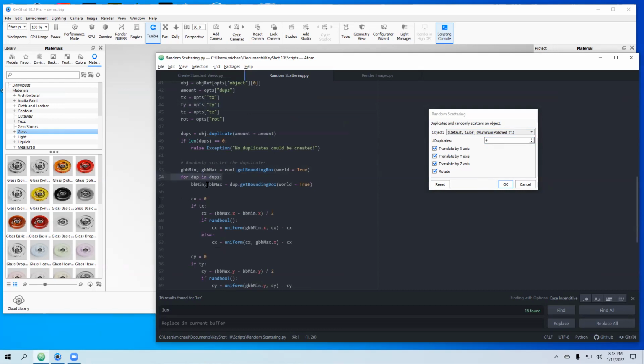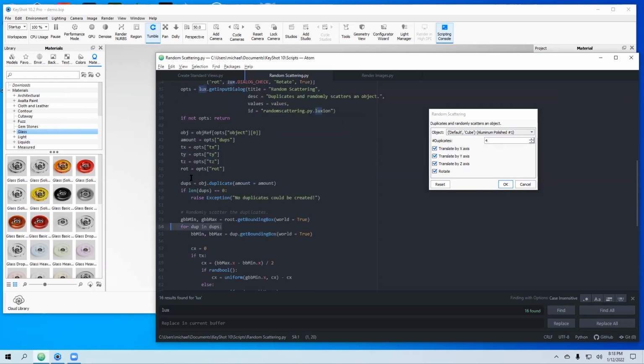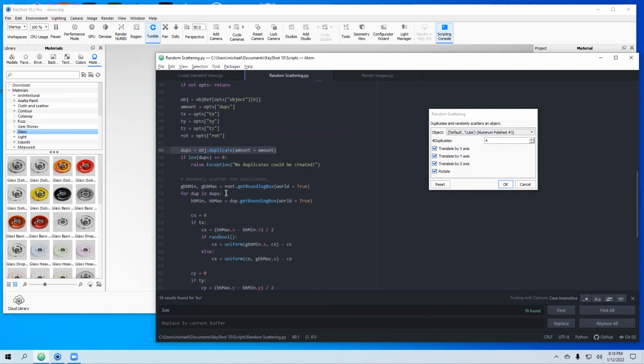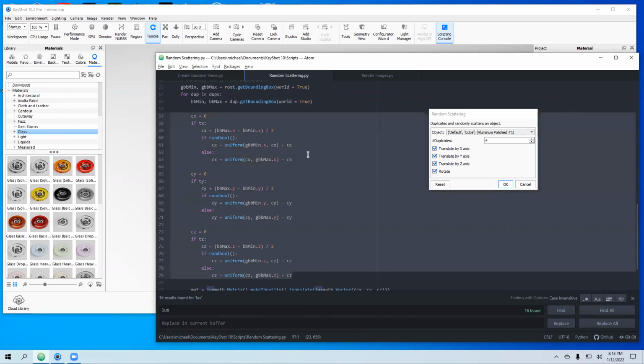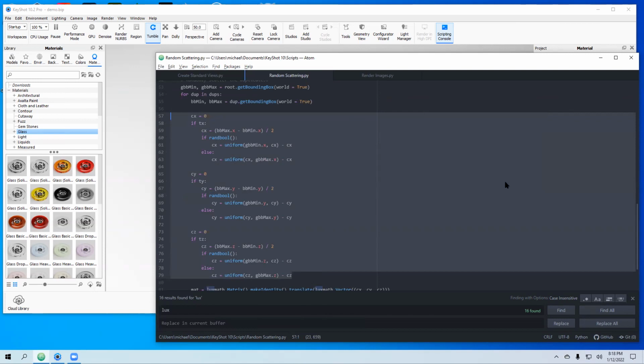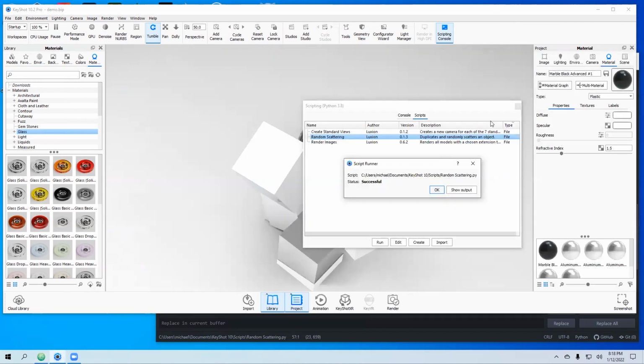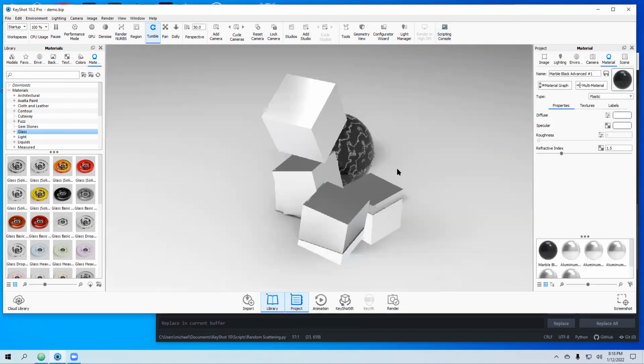The number of duplications is set by the duplication count on line 48. Then it's going to loop through each of the duplicated objects and modify their X, Y, and Z coordinates to move them around in 3-dimensional space. So when you press OK, you're going to get some random arrangement of cubes that just float around